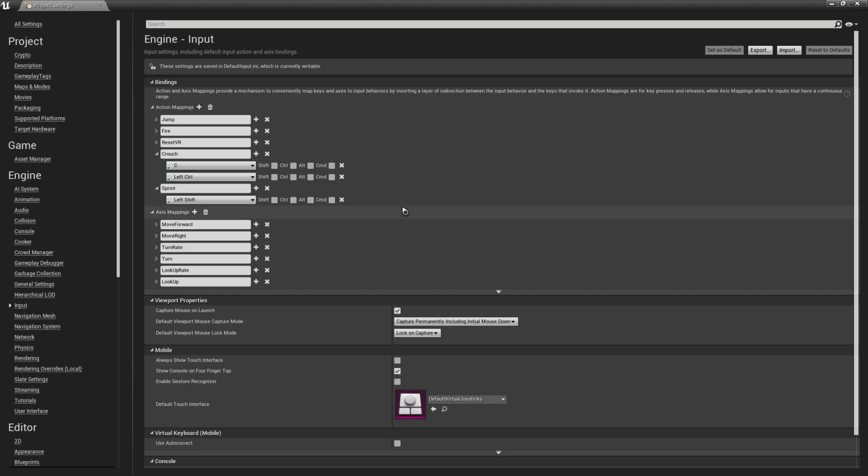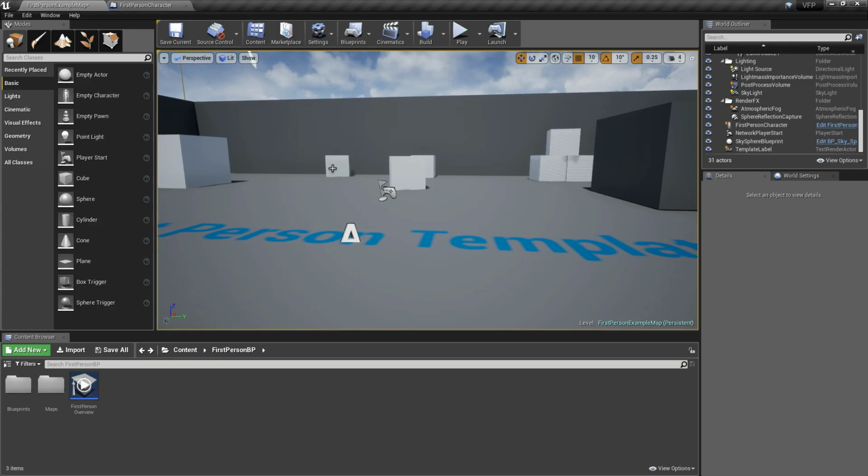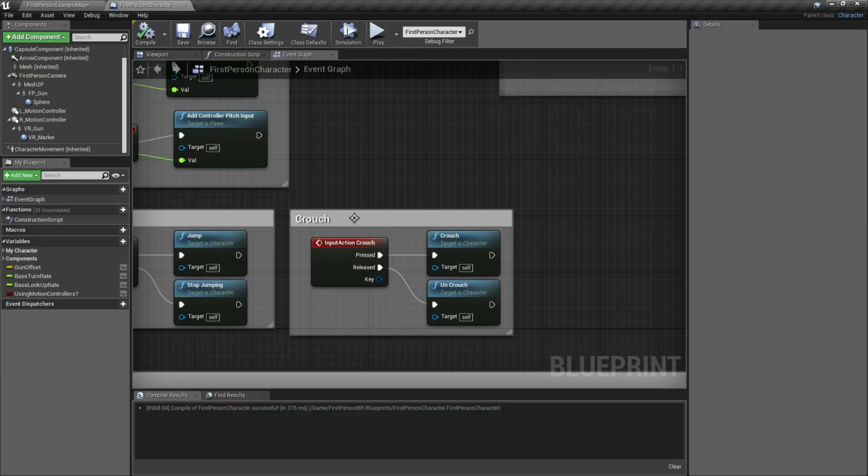After we added the action mapping for our sprint, and changed the left shift into left control in our crouch, let's close this project settings and open the blueprint of our first person character.